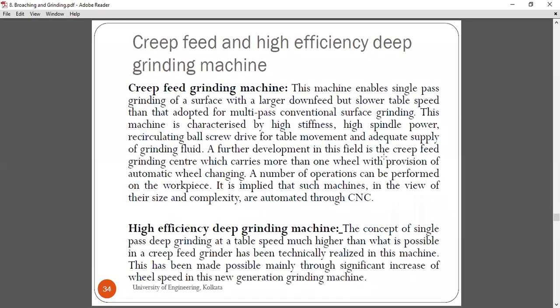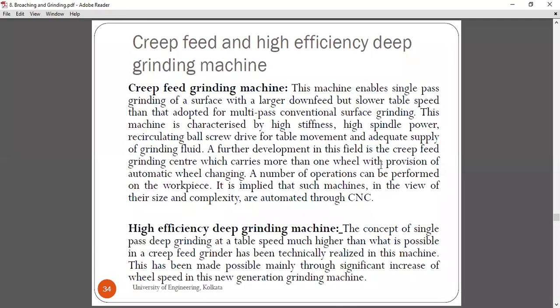Okay. Creep feed and high efficiency deep grinding machine. Creep feed is where the machine enables single pass grinding of the surface with a larger down feed but slower table speed than that adopted for multi-pass conventional surface grinding. This machine is characterized by high stiffness, high spindle power, recirculating ball screw drive for table movement, and adequate supply of grinding fluid. Okay. Further development in this field is a creep feed grinding center, which carries more than one